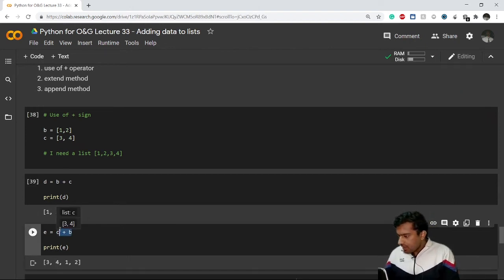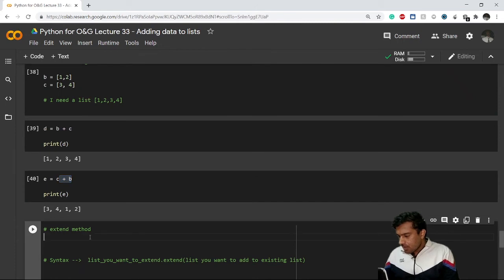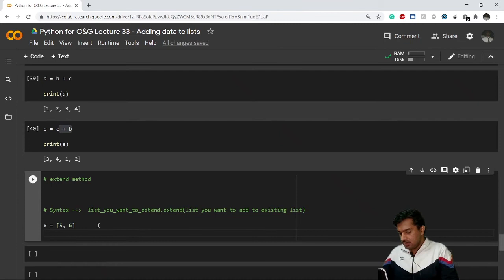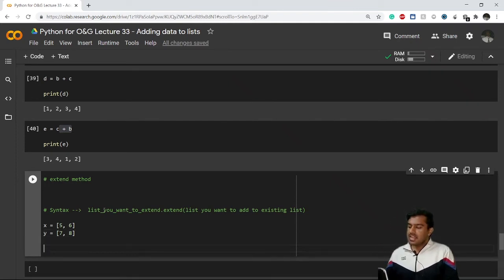Correct? Great. Now let us see the extend method. What extend method do is, let me create another list. Let's say I have a list name X, which is 5 6, and I have a list name Y that has the 7 8. So in extend method, what is the syntax of extend method is that list you want to extend.